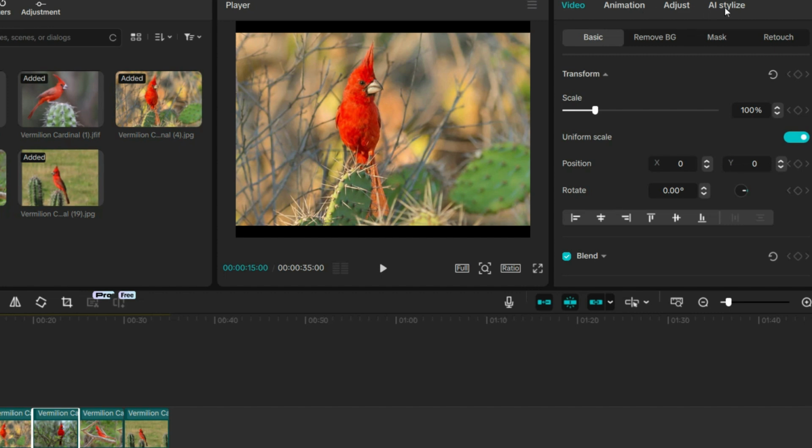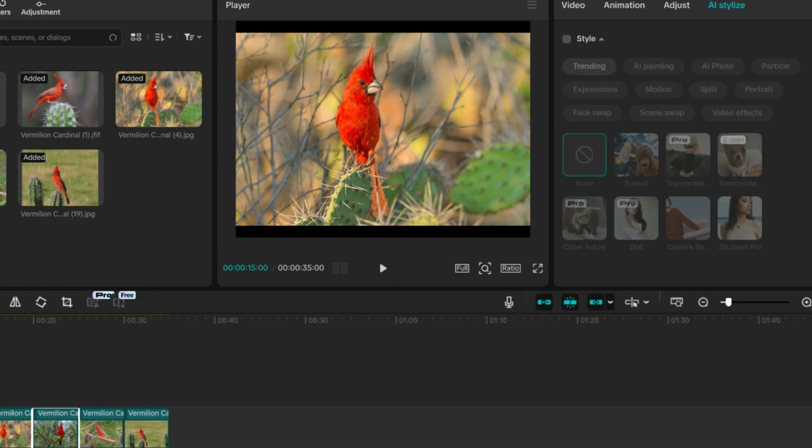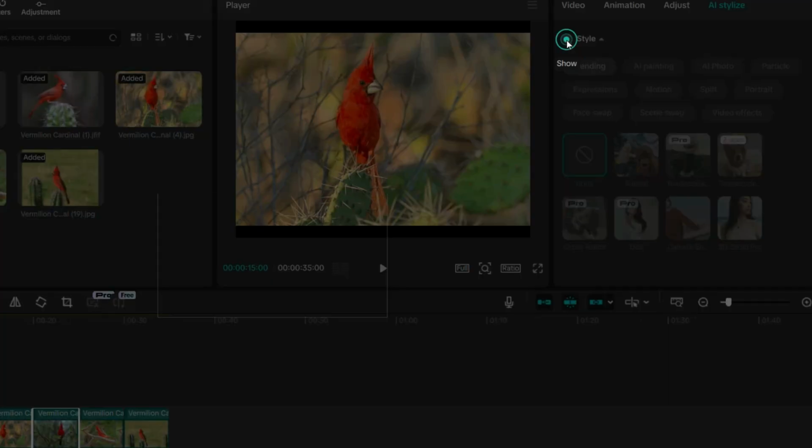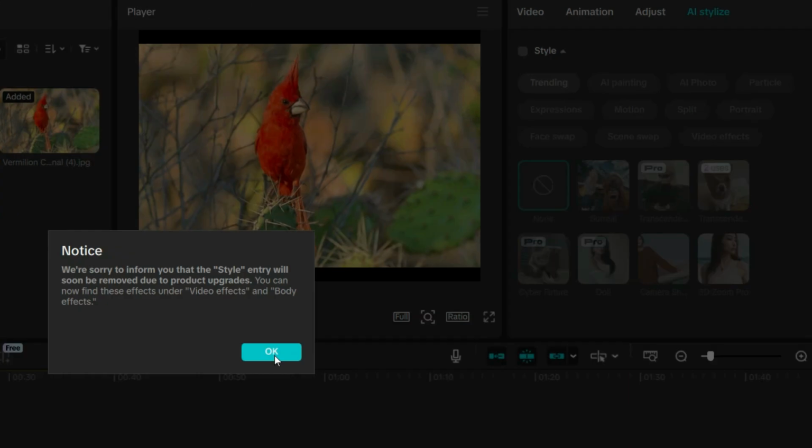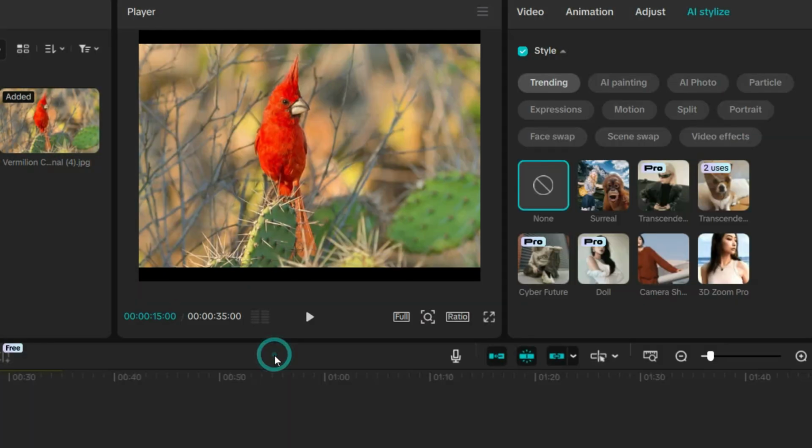options available. You need to click on all styles, and here you need to click on the style, click OK, and after that you will see the trending option and other multiple options. In the trending option you will see a 3D option, which is the 3D Zoom Pro. You need to click on that,